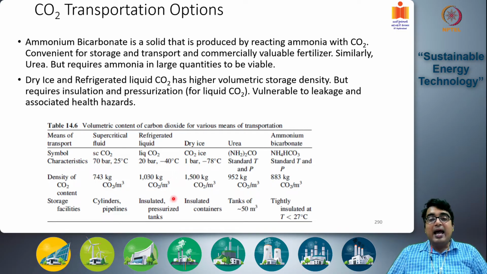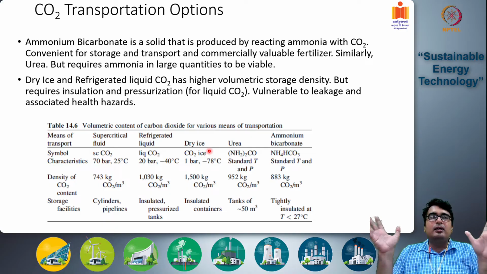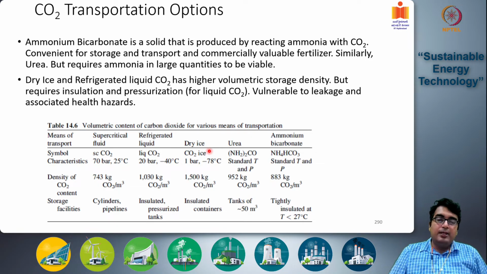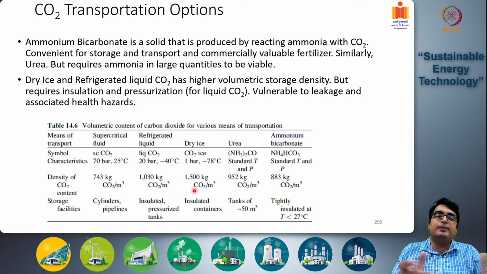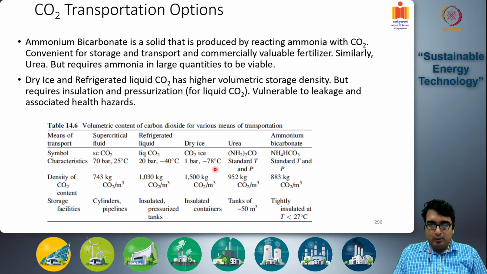Okay. Another good option, if you are going for refrigeration, go all the way and store it as dry ice. Now you don't have to compress it at all, so you don't have to pressurize. You are basically cooling it to minus 78 degrees centigrade at 1 bar to produce CO2 ice, which is even denser because it's solid now. So you are again increasing the gravimetric storage efficiency. The mass of CO2 you are storing per meter cube of space you are looking at, and this is the highest gravimetric storage efficiency. 1500 kg of CO2 can be stored per meter cube of space used, but you need insulated